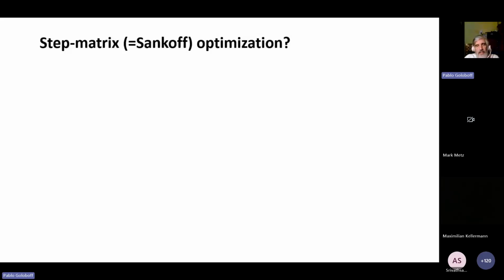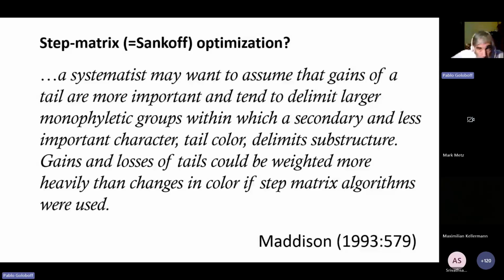The idea that Madison was proposing here was that the systematist may want to assume that gains of a tail are more important and tend to delimit larger monophyletic groups within which a secondary and less important character, tail color, delimits substructure. Gains and losses of tails could be weighted more heavily than changes in color if step matrix algorithms are used. Note here that Madison is no longer